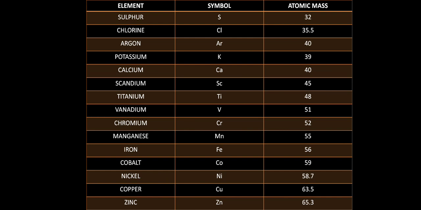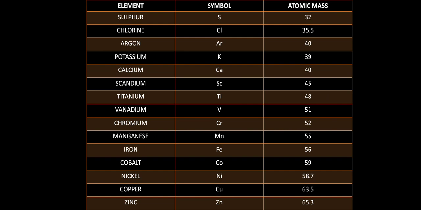At least these 30 elements must be known by all the students who are in science stream. That is a must for all the students. Apart from this, you can know the rest of the elements also. It's not that you have to know only this, you can go beyond this also, but at least till atomic number 30, every science student must know this.